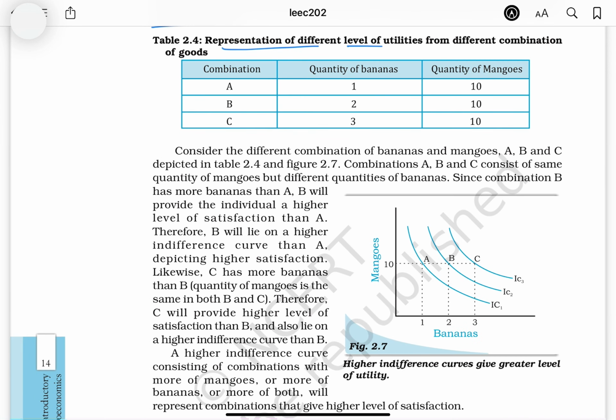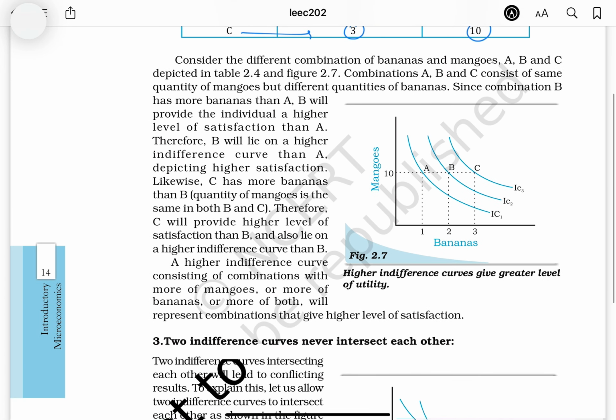Representation of different levels of utilities from different combinations of goods. Combination, quantity of bananas, quantity of mangoes. A की quantity बनाना 1 है, quantity of mangoes 10, B की 2, quantity of mangoes 10, बनानास कितने हैं 3 और मैंगोज के 10। Consider the different combinations of bananas and mangoes, A, B, C,